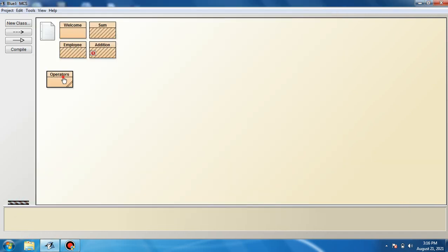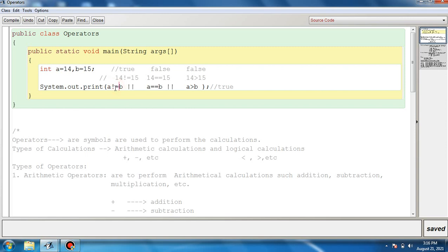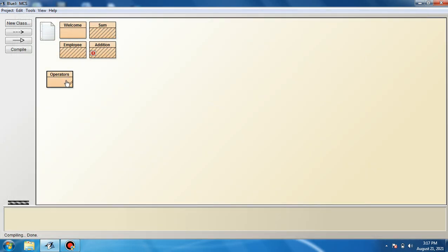If all are resulting in false, let us suppose, like here we will use this one, A is greater than equal to B. No, A is not greater than equal to B, so definitely it will result in false. So all the test expressions are resulting in false, so definitely the result will be false in this case.